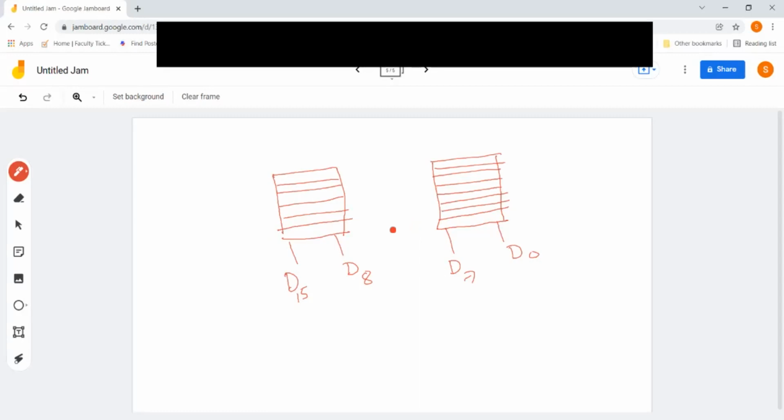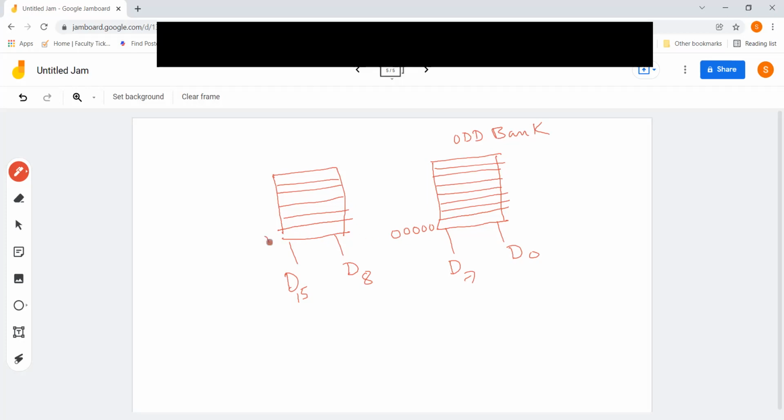We have a 20-bit address. This is the first odd address, and the first odd address comes in the first IC, first chip. This is called the odd bank. Why is it called the odd bank? Because all the addresses in here will be odd. The next